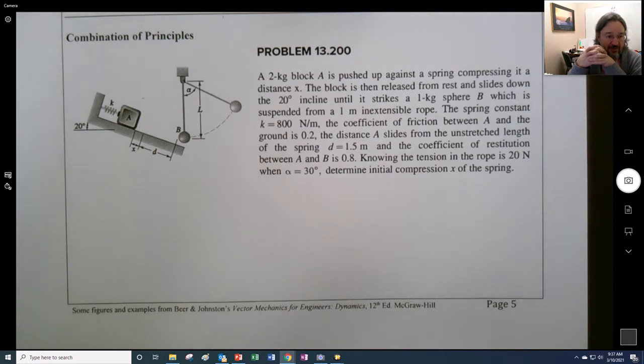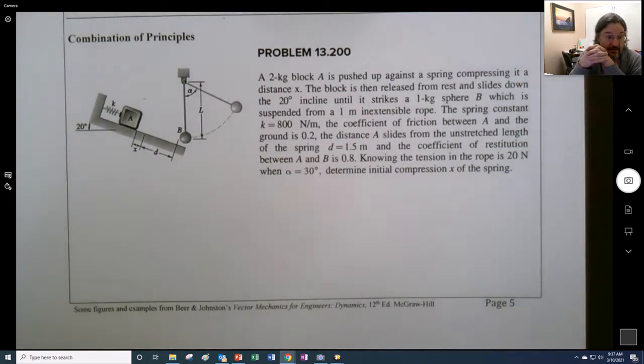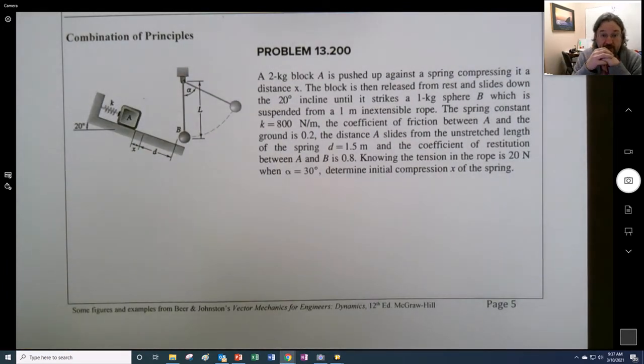All right, so we have this block. It's a 2 kilogram block, and it's pushed up against a spring, some amount, X. So we've compressed this spring, and it's released, and it slides down this slope right here. And if we wanted to make it difficult, we did make it difficult. There is friction involved. So it's going to be slowed down by the friction,